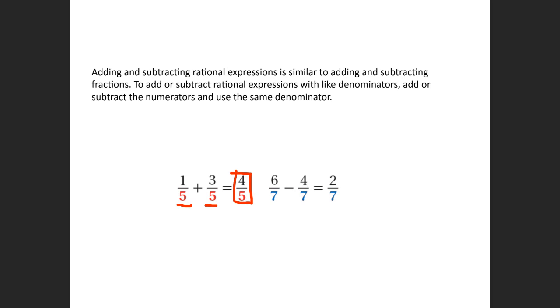If I had 6/7 minus 4/7, the denominator is the same, so I just subtract. 6 minus 4 is 2 over 7. Pretty easy, right? So when the fractions have a common denominator, all you do is either add or subtract on top. Okay, so now,